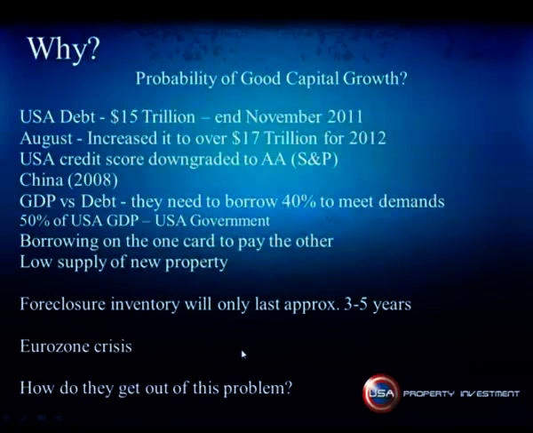In August, they increased their debt ceiling to over $17 trillion up to 2012. The reason they did that was because the tax base in the USA, how much income is coming in, is only covering about 60% of their expenses. So the interest that they have on that $15 trillion and all of their social security plans,